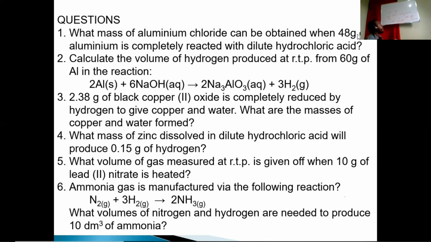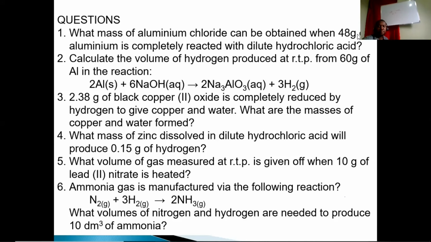All right, so since it already gave the equation, one part of our work is finished, right? So it gives us the mass of aluminum, and we want to know it for hydrogen gas. So that means we make the link between aluminum and hydrogen gas. And we notice it is a 2 to 3 ratio, all right? And we have the mass of aluminum to be